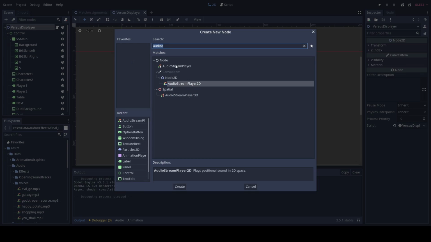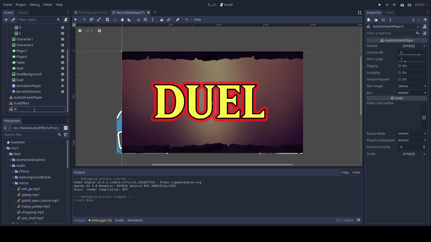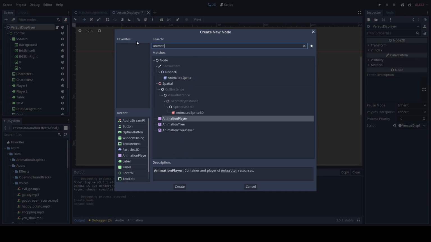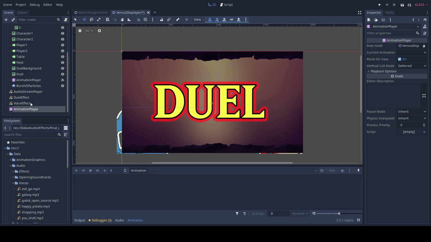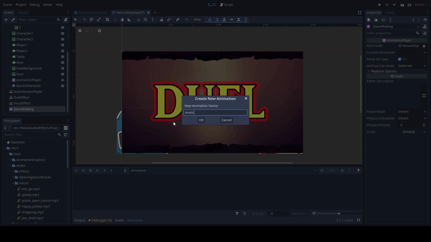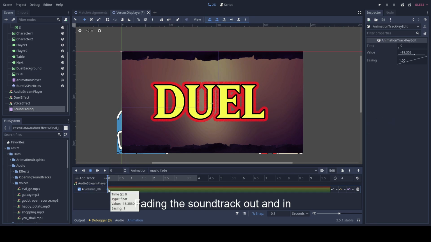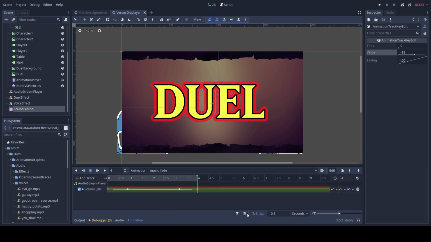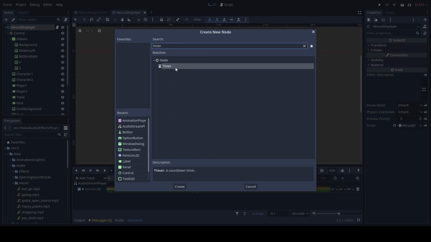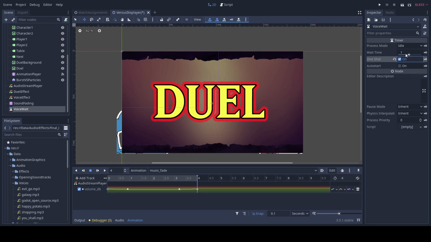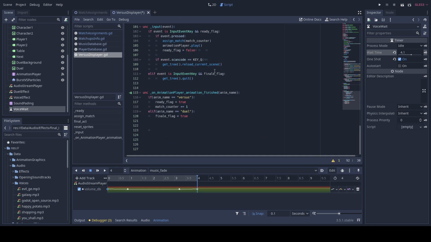Back to my versus displayer scene, I need 3 things: an audio stream player for the voices, an animation player for fading in and out the soundtrack when the voices are played, and a timer to wait for one voice line to finish and then play the other. In my script,